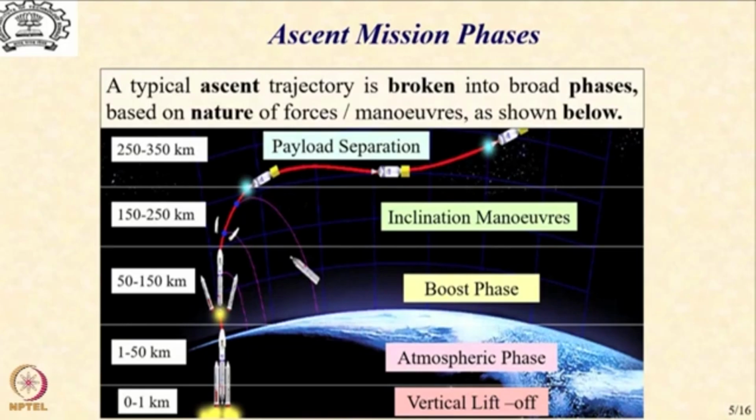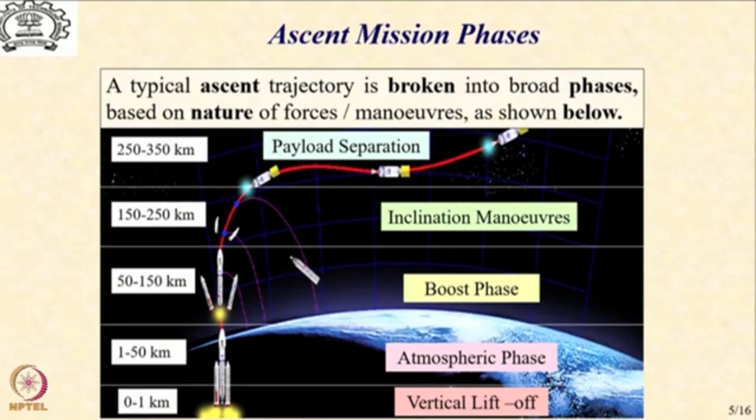So it is the same picture that we saw earlier, but now we have also introduced the various segments which will involve different force systems and hence different types of mechanics based models to capture the physics. So very close to earth you have vertical liftoff,